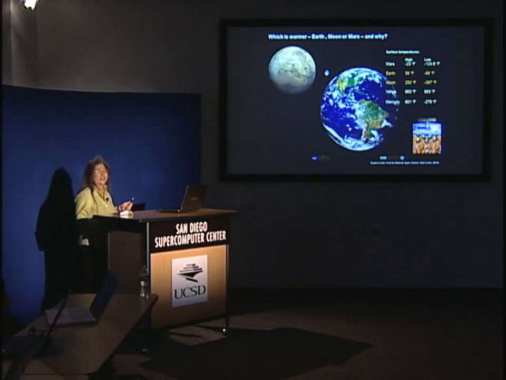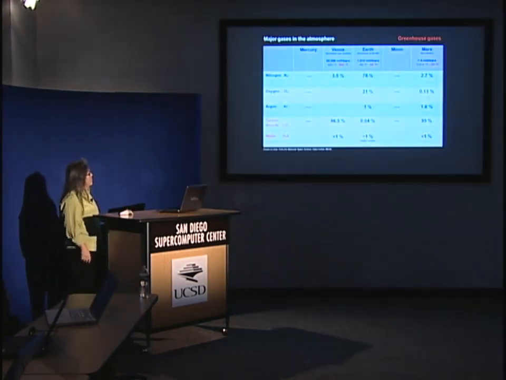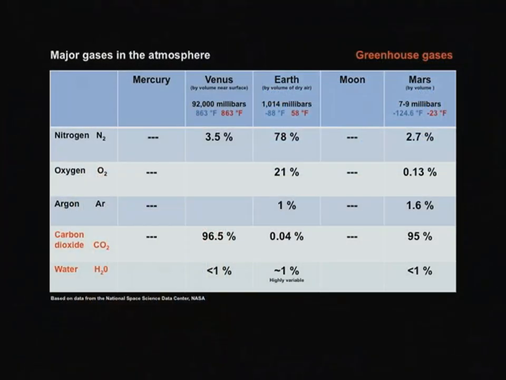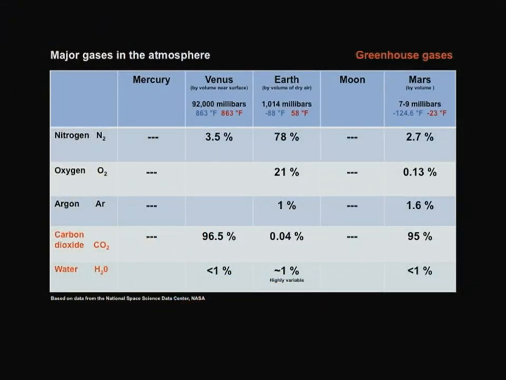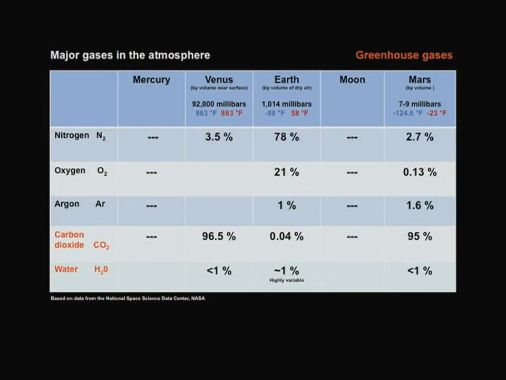Now let's look at the other difference in here. Now we look at greenhouse gases, or what kind of gases are in the atmosphere. This is the atmospheric breakdown of those planets. Again, I took this from a NASA website, and I'll post this website for you so you can pull your own numbers. So the red ones are the greenhouse gases, carbon dioxide and water. Mercury doesn't have much of an atmosphere, and it's actually hard to go to Mercury because Mercury is very hot. Venus right here, 97% carbon dioxide. But so does Mars, 97-ish%,